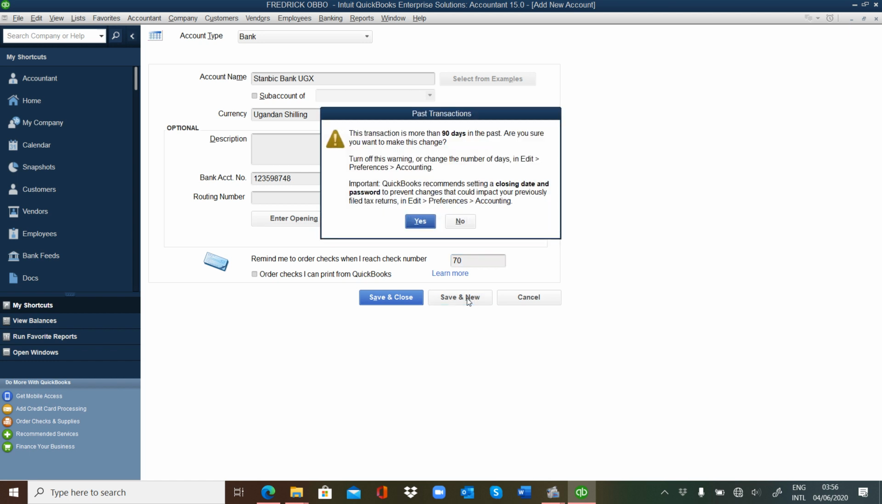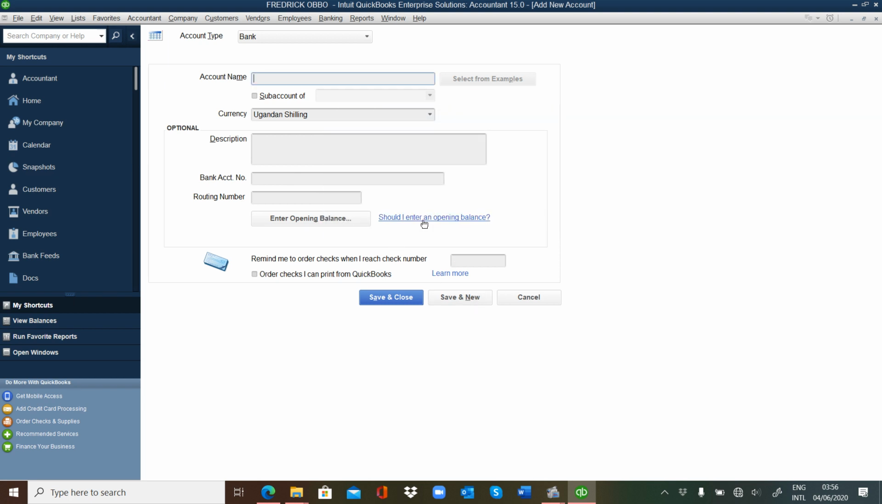A pop-up will come telling me how this transaction is more than 90 days old. This pop-up mainly comes to remind you to ensure that you're entering the right date for the right transaction, more so for transactions that are older than 90 days. So I'm pretty sure of the transaction and the date, so I'll say yes. A new window will open up for me to add another account. So following the same process, in the same bank, Stanbic Bank, we are having a US dollars account in Stanbic Bank. So I'll type Stanbic Bank